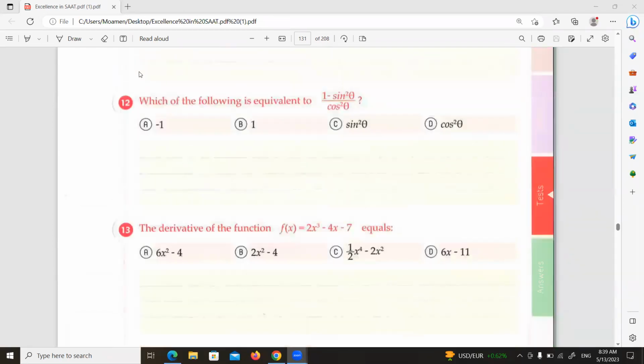We're going to the next problem, number 12. In number 12, you need to simplify this expression. If we have an expression like this and we need to simplify, you must go and revise the trigonometric